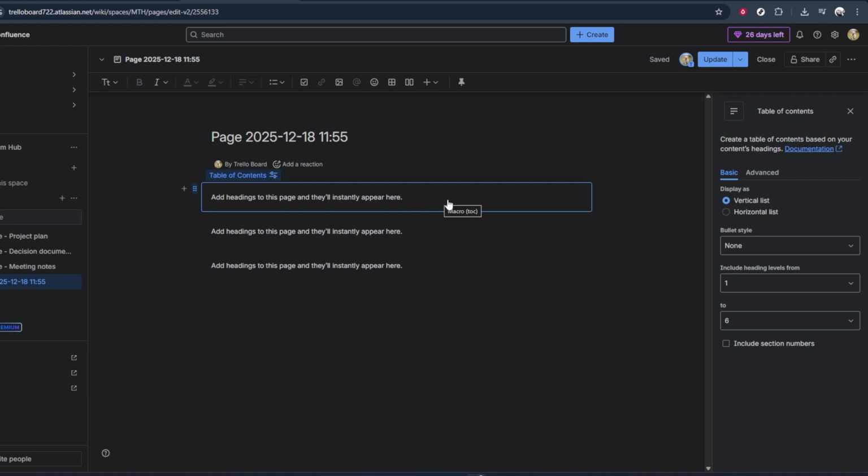After you've adjusted the settings the way you want, confirm your changes by applying or saving them in the macro editor, then update or publish the page. Your table of contents will refresh based on your new configuration, and that's it. By clicking on the table of contents, using the pencil icon to edit it, and reviewing the available settings, you can keep your Confluence pages clear, navigable,